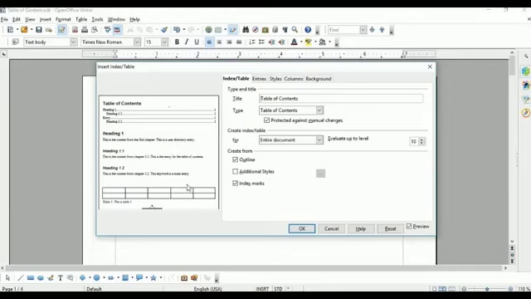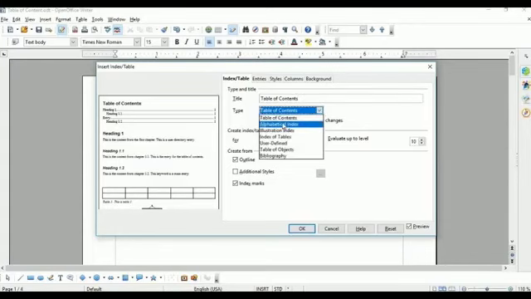Here on the left side it shows the preview of how the table of content will appear. See this. If you want to change the title, you can change it, but the title is here table of contents. Then there are many types available like table of content, alphabetical index, illustration index. There are so many types available, but in your syllabus only table of contents is given. So we will discuss table of content.